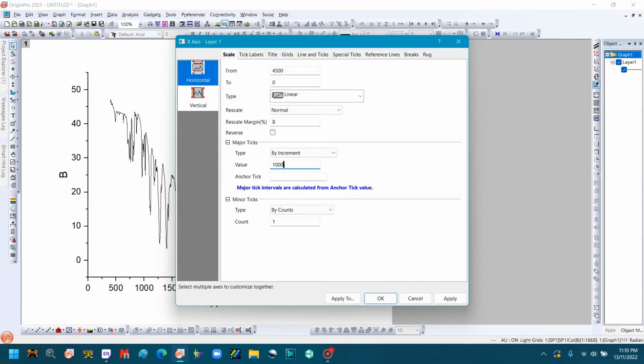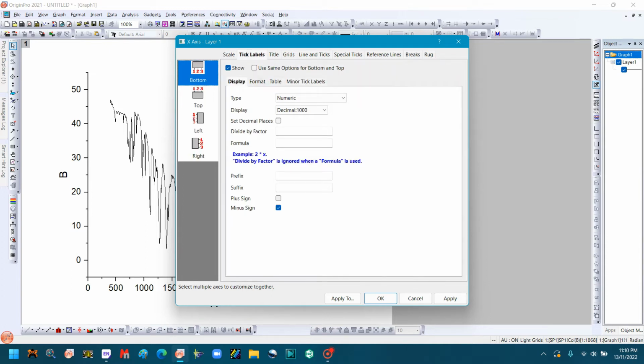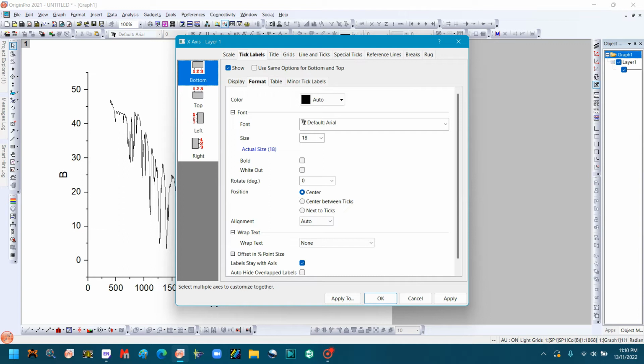And you can also give the counts here. These are the small lines between the numbers. You can give 1, 2, 3 as you want. Then we go to the tick labels, then format, and we can change the font size here and the size of the x-axis. Mostly 36 is given in research articles. We can bold the line here,